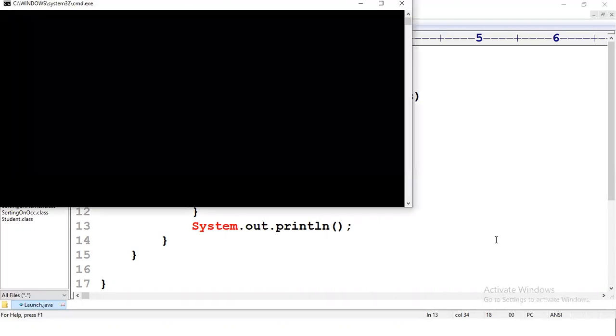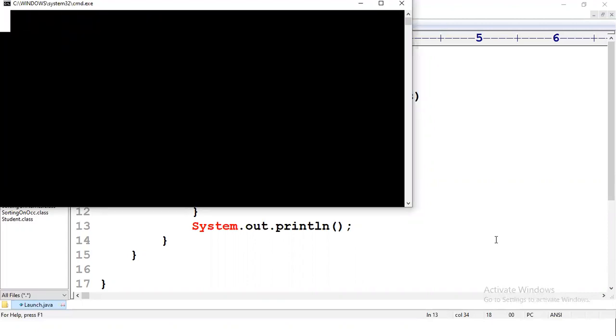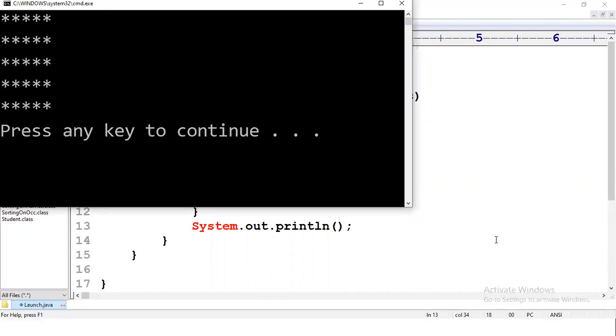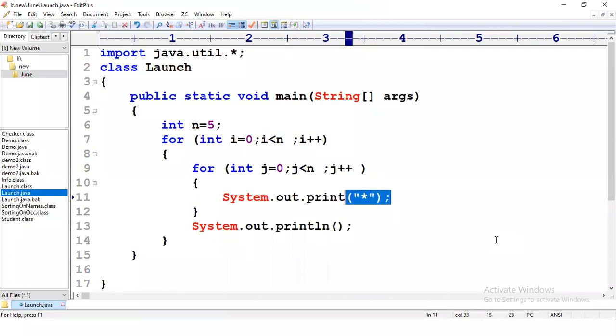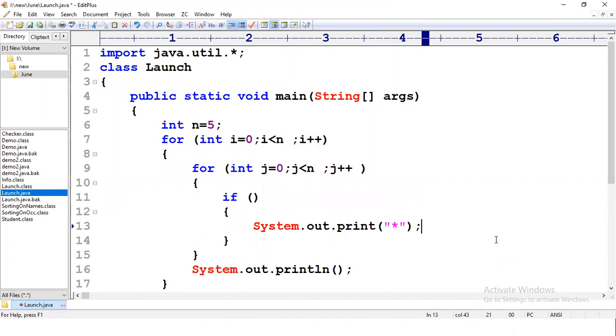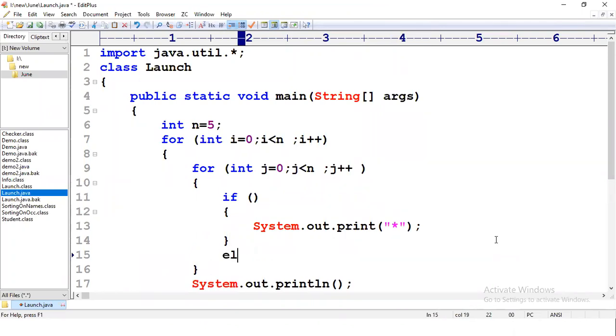So once you got that output, okay, let's see. I'll compile and I will execute. Once you get this output, yes, you got complete n cross n star. Then what to do? Now you have to think, okay, do I want stars everywhere? No. Means if some condition is true, print star, else print space. Okay. So I'll tell you, don't print stars everywhere. Okay. I'll cut it. If some condition is true, then only print star. Okay. Else print space.